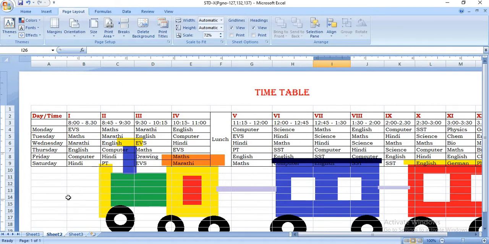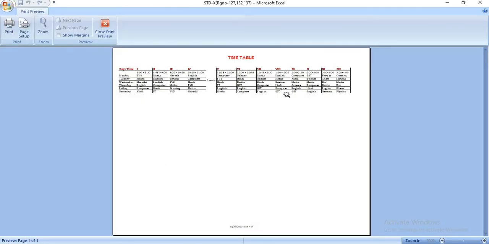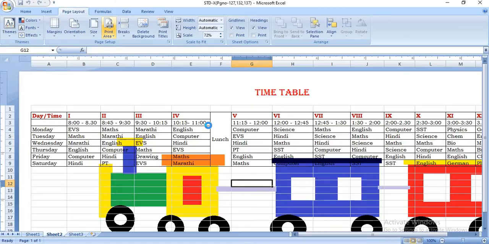It is right. We are seeing here that all the grid lines are there, but when you go to the print preview area, it looks like a blank sheet having only your data. So for grid lines, go to the page layout tab and the grid line option is there.